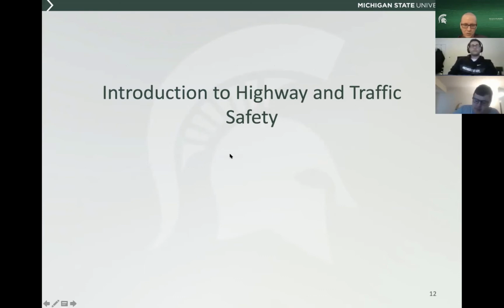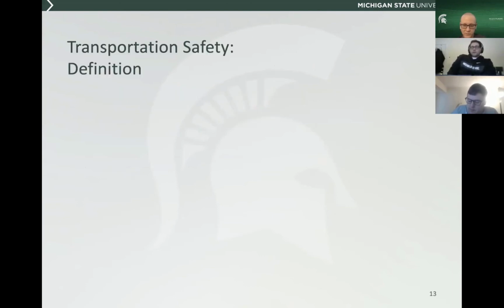Okay. So we'll start with a very high-level introduction to highway and traffic safety. And so the way I typically work through this, I start by us just trying to think through, if you were to define transportation safety, how would you define that? And Jordan, your screen is yellow, which means I think you're unmuted. So if you want to take a first stab, can you define transportation safety or traffic safety for me in your own words? In my own words, I would say that transportation safety is the goal of ensuring no injuries or fatalities on the network in total.